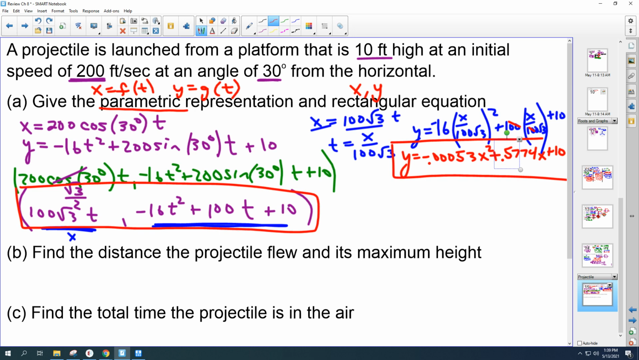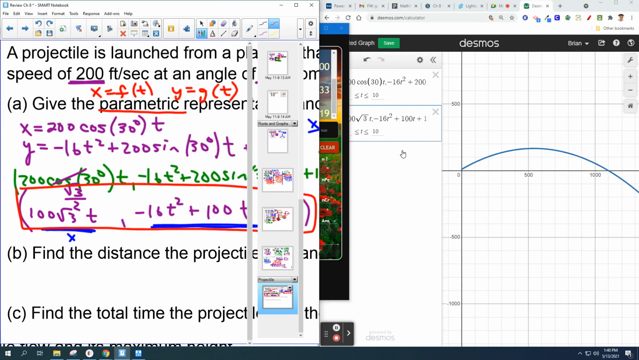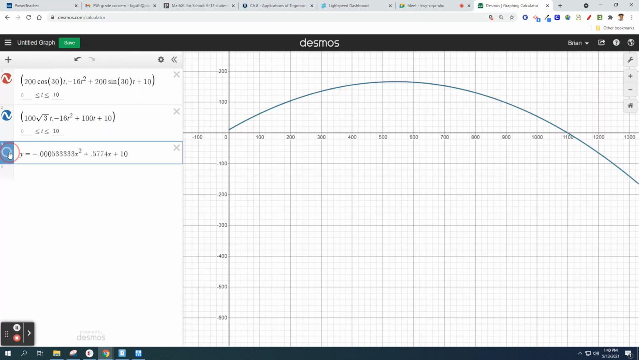Now, check out what happens if I graph that rectangular equation. Y equals negative 0.00053 repeating x squared plus 0.5774x plus 10. It's the same exact equation as what we had before. But the huge advantage that we have is